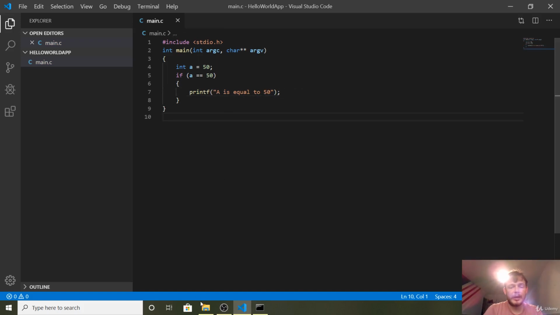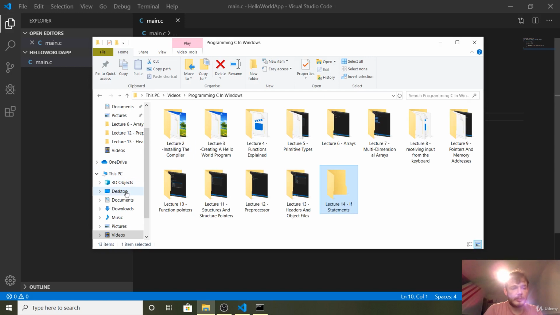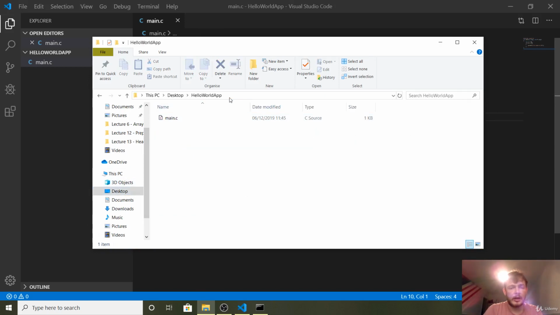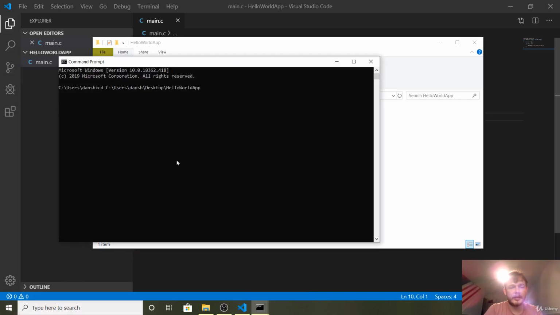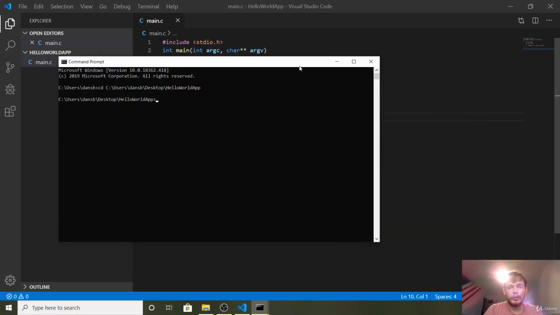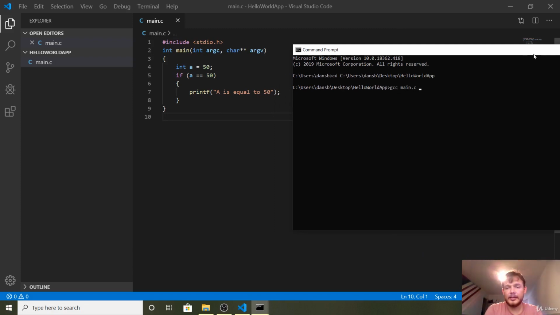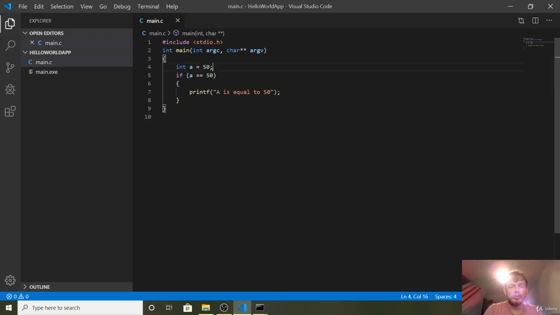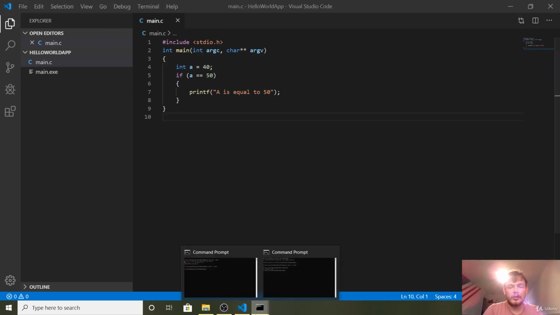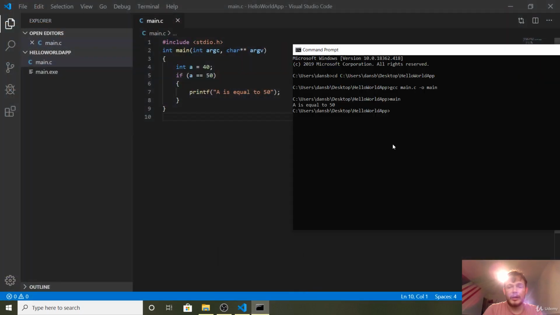So now if we compile our program by copying the path, go into command prompt like before, cd, right click, enter, and we do gcc main.c -o main, and then we run main, you can see a is equal to 50. Now change this value to 49 or 40 or whatever, as long as it's not 50. And now compile that again and type main again, and you see nothing outputted,